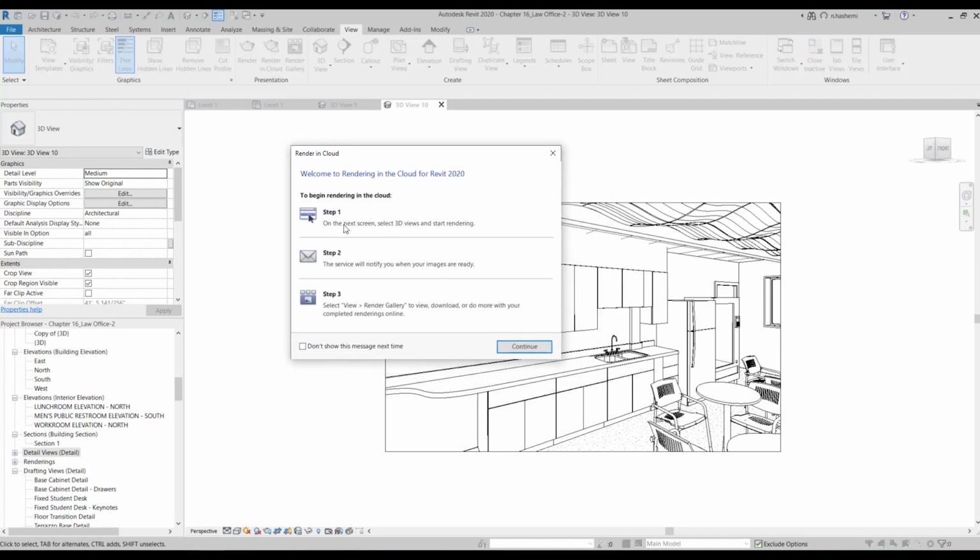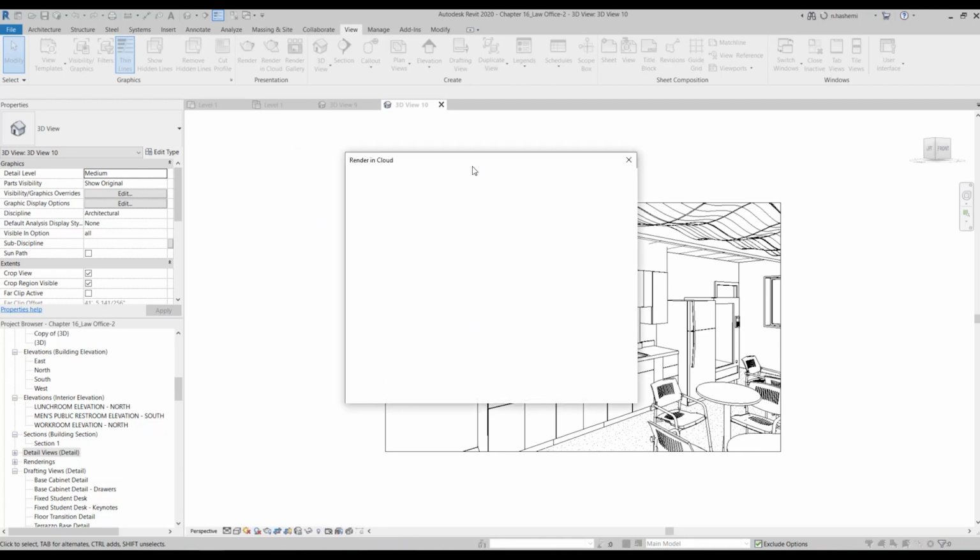Okay, so it's saying the steps to use. It is saying the service will notify you when your images are ready. And at the end, you need to select View Render Gallery. Here we have it, just to be able to see your rendering, which is ready. Okay, so continue with this step.